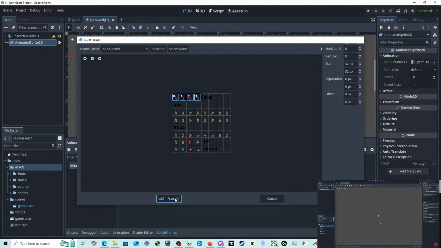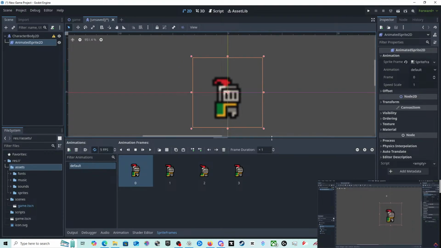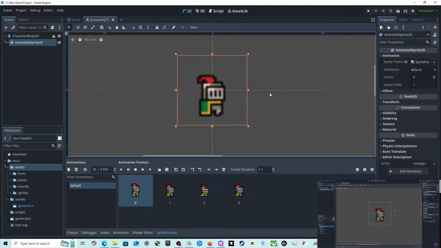Now let's hit F to center our character on the screen. And I'm going to use the scroll wheel to zoom in. We can also click and drag with the middle mouse button to pan. Now our character looks weirdly blurry. That's because we're working with pixel art, which requires really hard edges. By default, Godot is going to try to do some texture smoothing to make textures look better, but applied to pixel art, that is definitely not the case. So let's simply disable this. So let's go to Project, Project Settings.